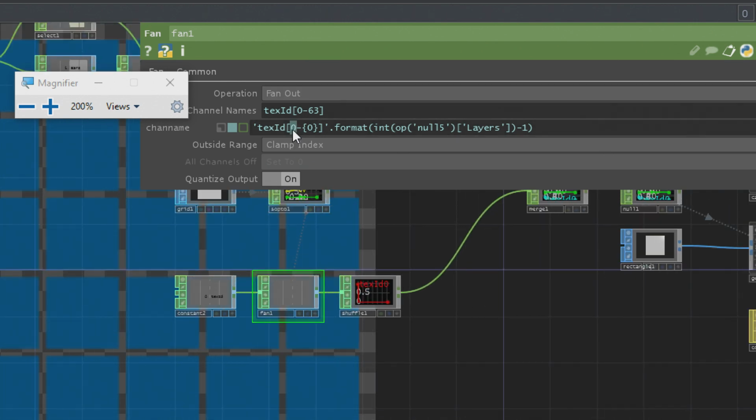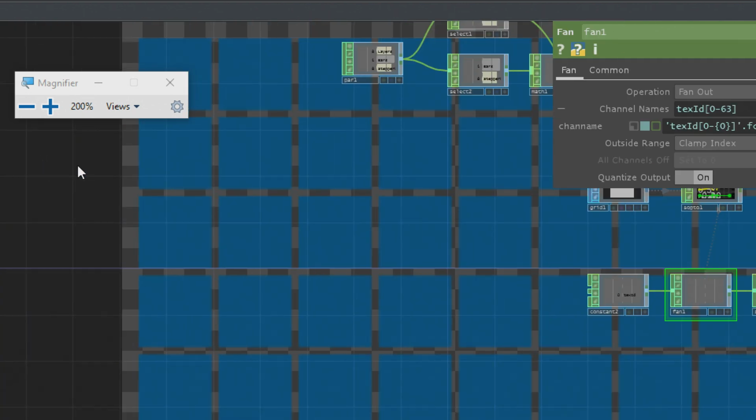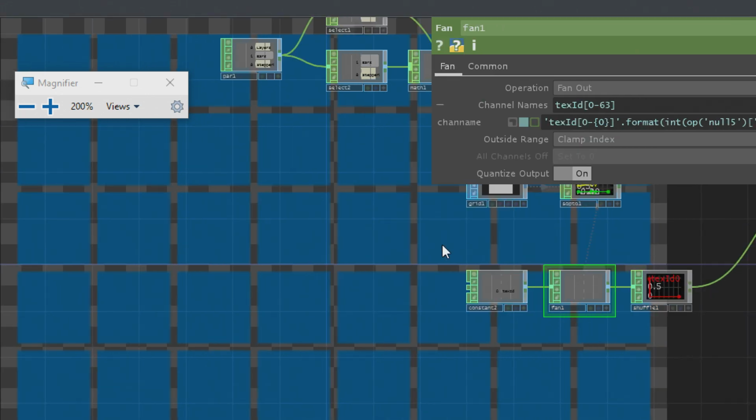In my notes I actually had 1, 2, that would work too, but anyway, 0 minus 1 is perfect. Okay, we're all caught up, I think.